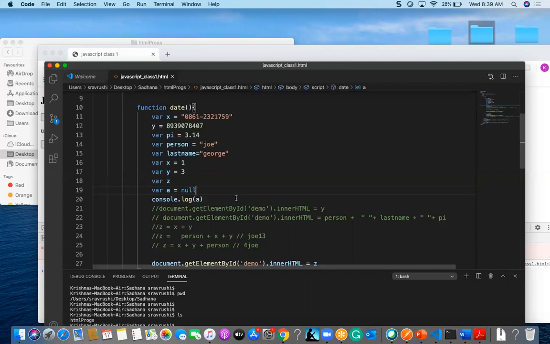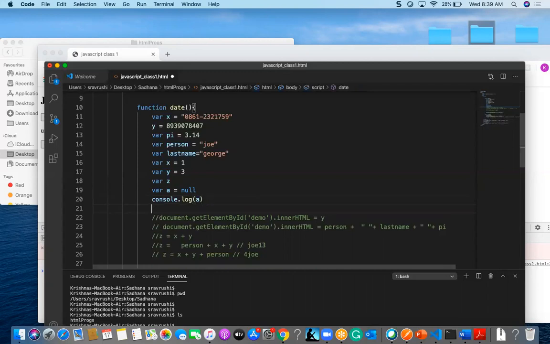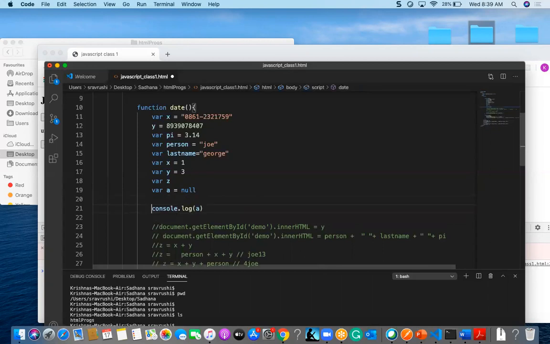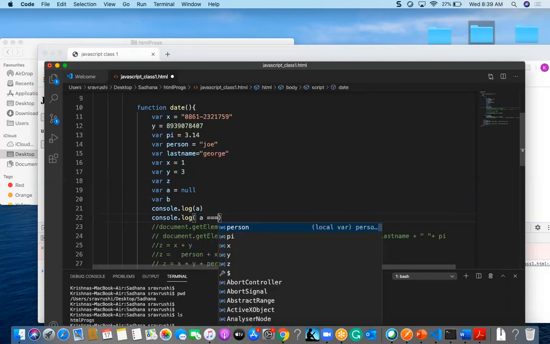You will get undefined, at the very first point, unless you assign some value to it. So now let us see. One value is undefined, one value is var a, and one value is variable b. And I just want to check whether these two, null and undefined, are the same or not.